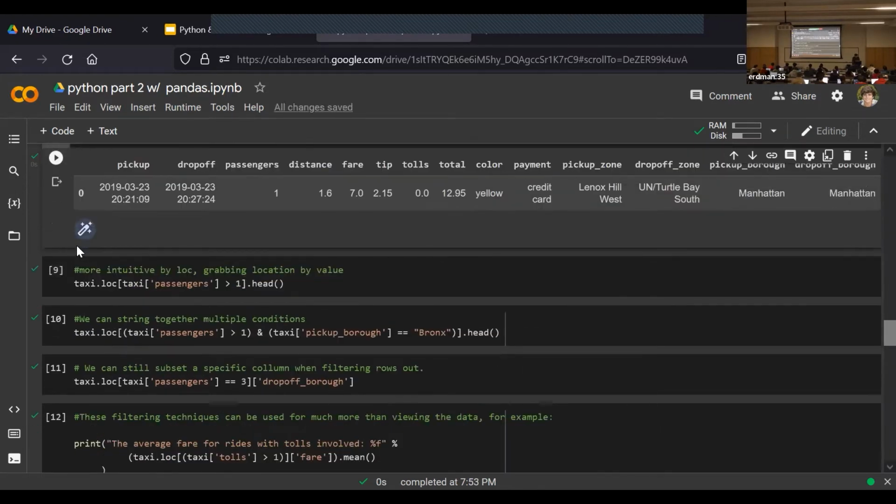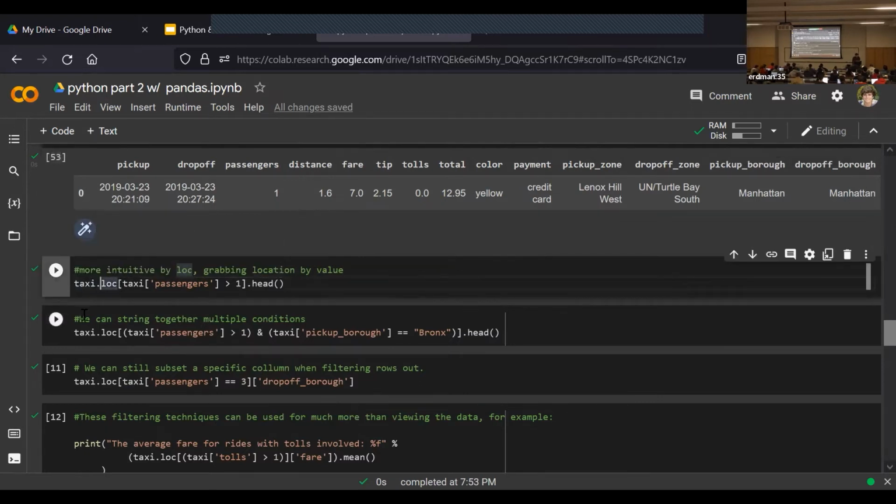A more intuitive way of going about it is just .loc, which grabs the location by a certain value instead of a certain index. This works by finding some conditional value inside of this and applying it to every row in the data frame, then returning whichever ones satisfy that value. To break it apart piece by piece, we have this taxi data frame. This grabs the column with all the passengers in it from that data frame, and then returns, if we just return